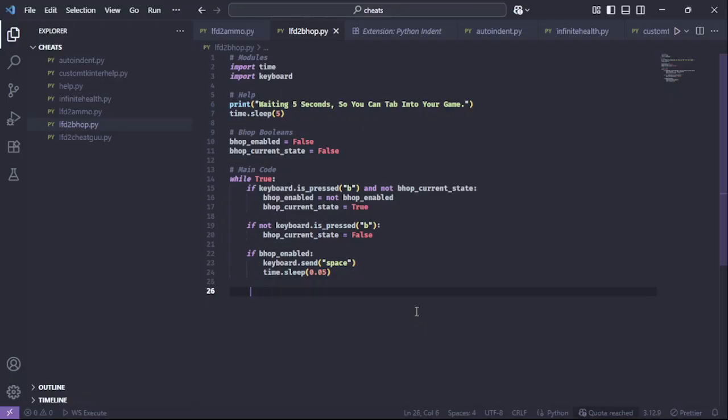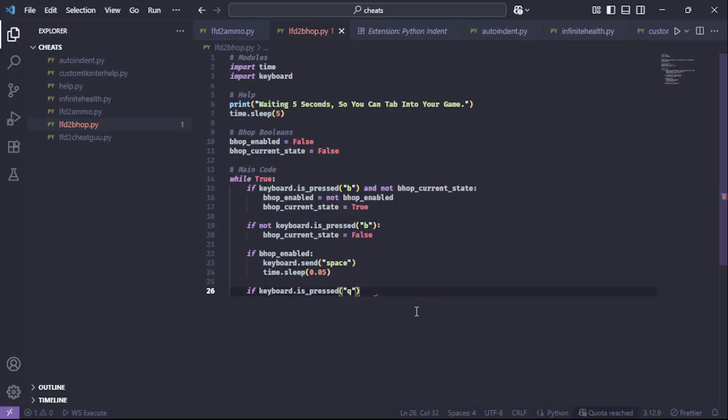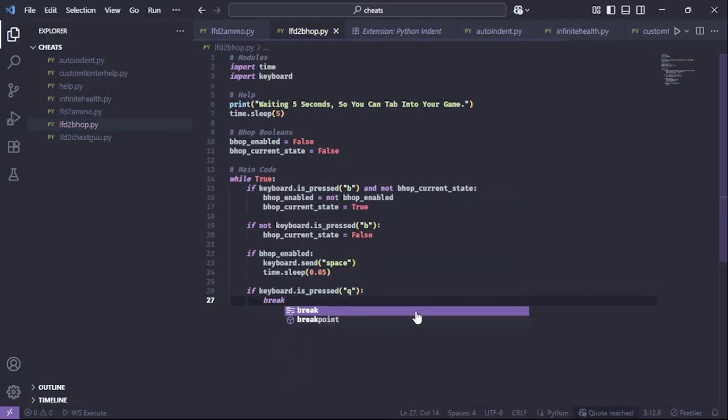And then we can make a last if statement defining how to actually turn it off. So if keyboard dot is underscore pressed, I'm going to put the key to Q because that's the easiest in my opinion. Same thing for B. We can do a last break like that. So